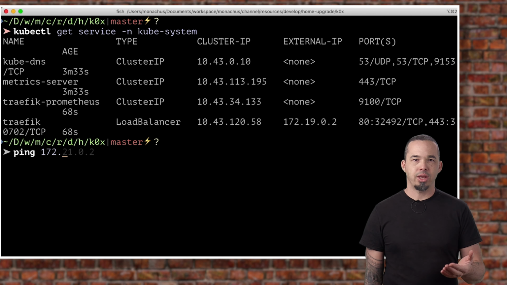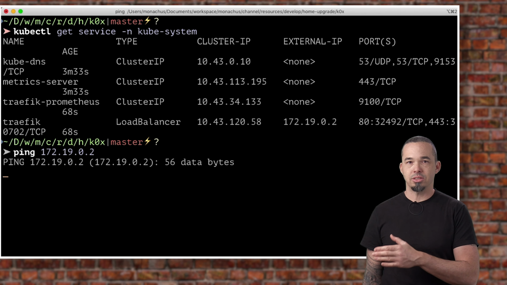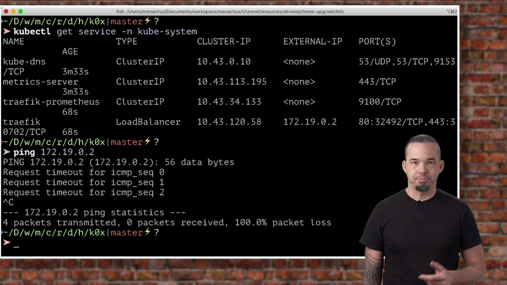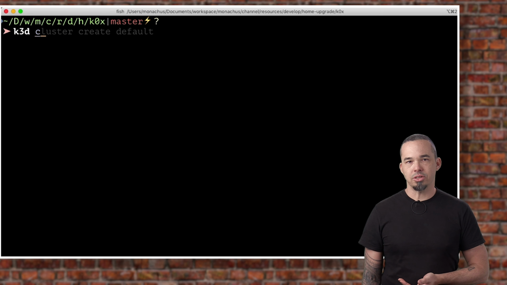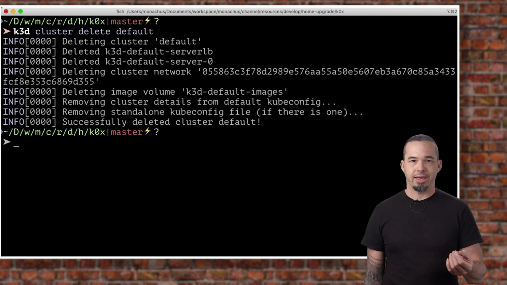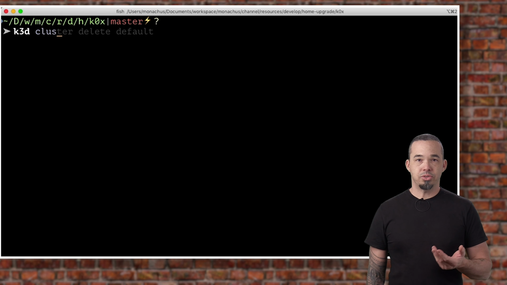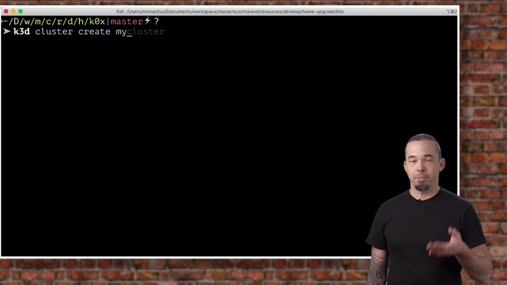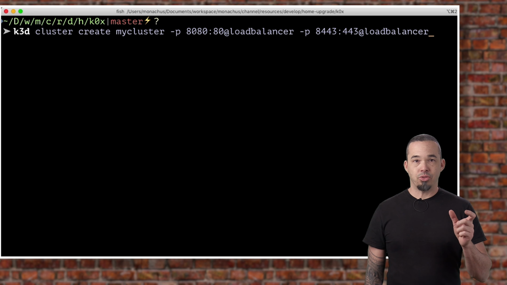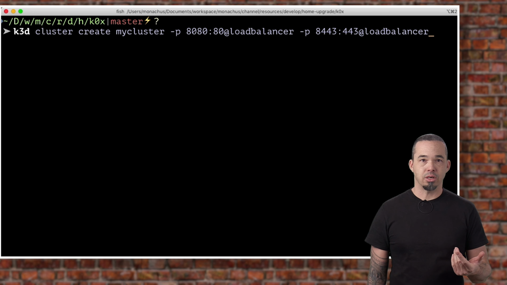You see here, when I try to connect to 172.19.0.2, the address that Traefik is using, I can't connect to it. So let's delete this cluster and create a new one with ports that are forwarded to the cluster's public addresses. To do this, we use -p and specify the local port, the target port, and the target node. Now that node can be the K3d load balancer, which is what we're using here, or it can